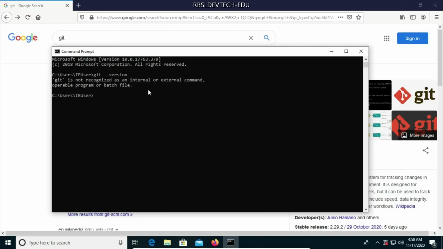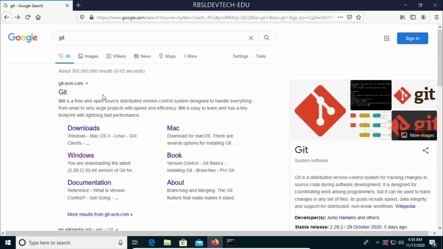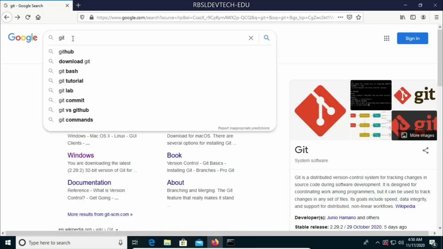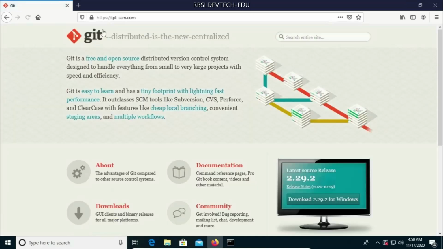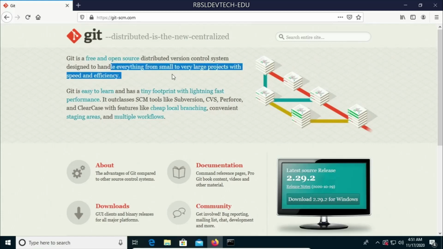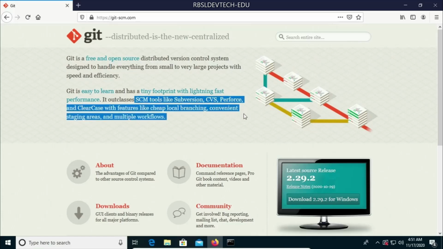So what we want to do here is go to Google search and type Git, and then go to this website, git-scm.com. SCM just means source code management. You will see that Git is a free, open source distributed version control system designed to handle everything from small to very large projects with speed and efficiency. It is easy to learn and has a tiny footprint with lightning fast performance. It outclasses SCM tools like Subversion, Perforce, and ClearCase with features like cheap local branching, convenient staging areas, and